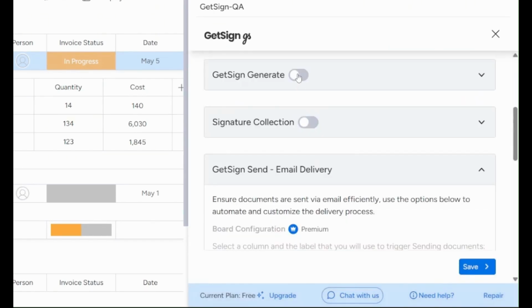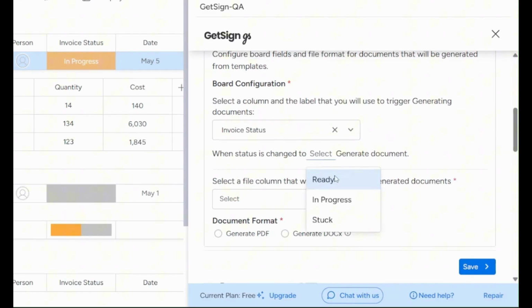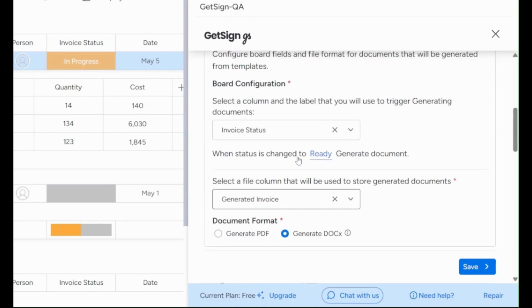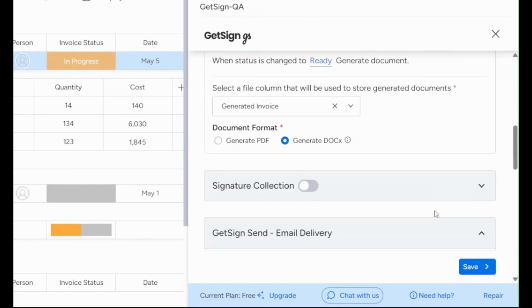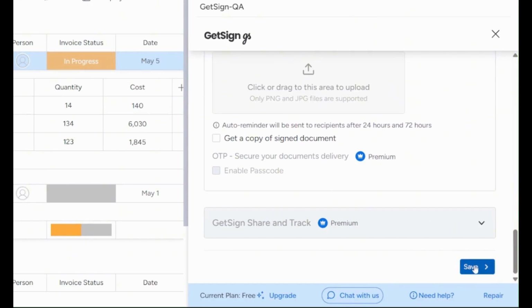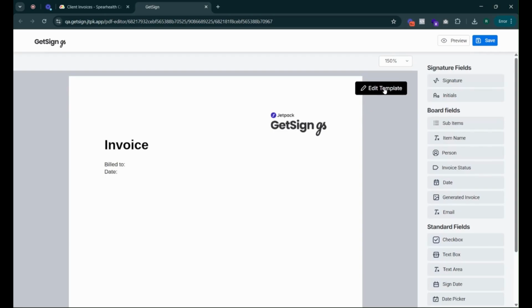After that, I'll select the option called GetSign Generate. In this section, we have two key fields. One is the status column, which works as a trigger. So I'll select Invoice Status and set the trigger value to Ready. The document will be saved in the column called Generated Invoice, which I'll choose here. I want the document in docx format, not PDF. For the email settings, I've already configured and verified my email, so I don't need to do that again. I'll just click Save. Next, we go to the Edit section, where we configure how we want to insert values